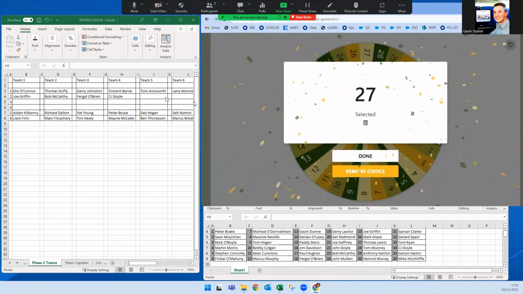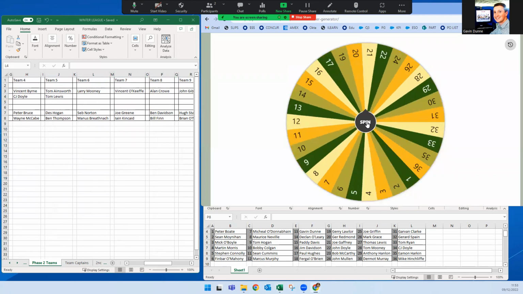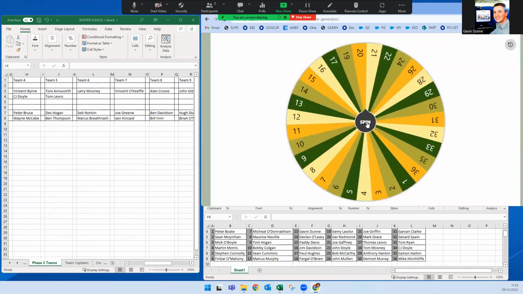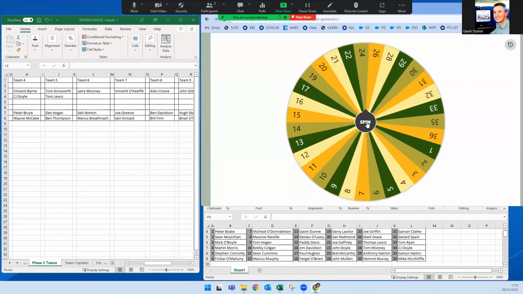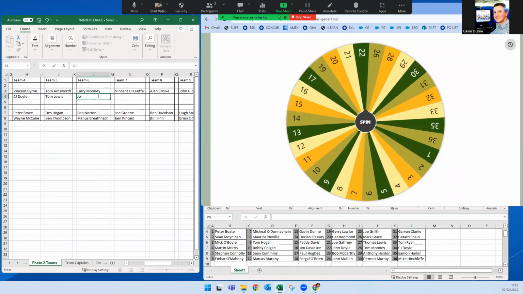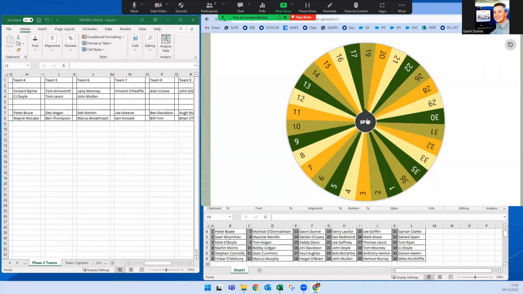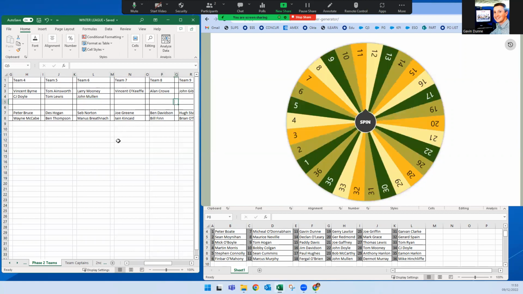Number 27 will join Tom Ainsworth. Another Tom Lewis. Okay. Next team to have a player drawn for is Larry Mooney. Oh, the higher numbers being drawn here early in this part of it. Number 24, John Mullen. Okay. Spinning again. Next out for Team Vincent O'Keefe is